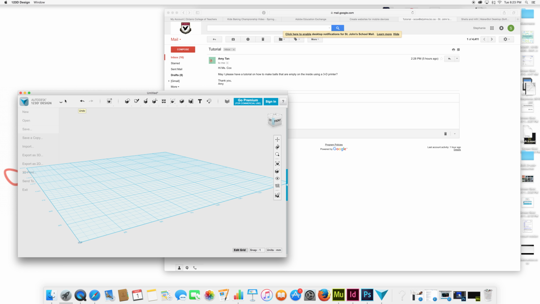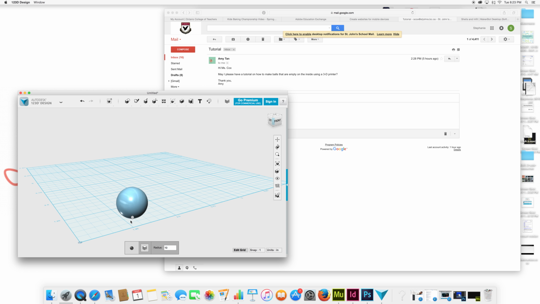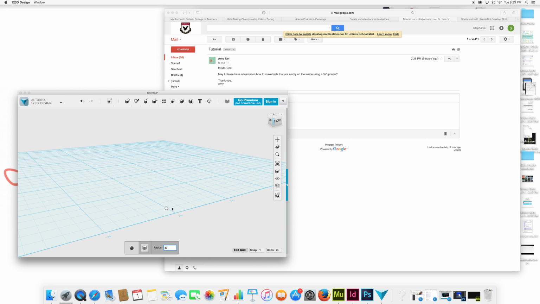Use 123D. I just created a new template. This will give me my primitive shapes, and I'll be able to create my sphere. It has a default radius. Note your units, what unit you're working in. That will obviously change the size of your sphere. You can choose to make it larger by typing in the number directly, or you can choose to,